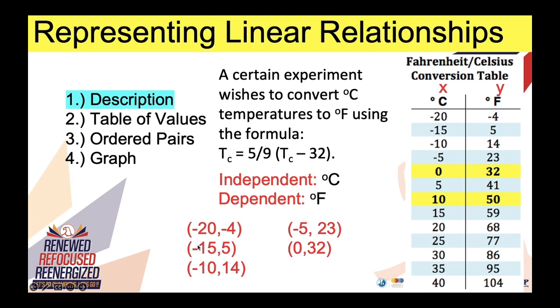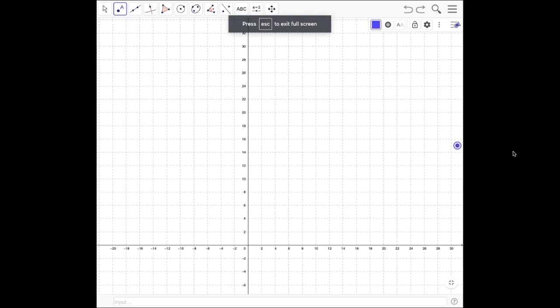However, even if I've chosen negative 20 to 0 for the x values, which is my degrees Celsius, still the interval is 20, 15, 10, 5, 0, which I have to adjust in my Cartesian plane. Also, for my y, it's negative 4, 5, 14, 23, 32. I have to choose the correct interval as well, so that it won't be difficult to graph them. Again, our x value is from negative 20 down to 0. Our y is negative 4 to 32. So I can now use this certain